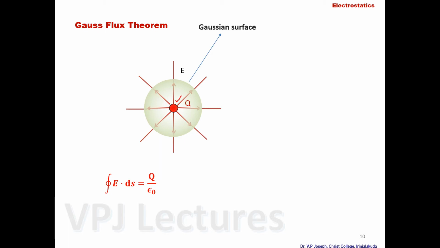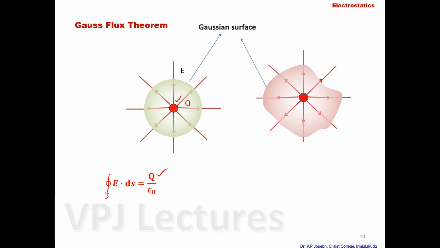so that for any point on the surface of the sphere, the electric field will be constant in magnitude and also moves radially outwards. For this Gaussian surface, you can see that surface integral E dot ds is equal to q by epsilon 0. That is the expression for Gauss-Flux theorem. That is, there is only total charge q inside, no distributed charge there. So volume integral rho d tau is equal to q only. So surface integral E dot ds is equal to q by epsilon 0.